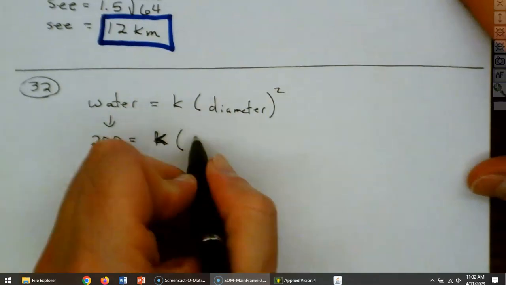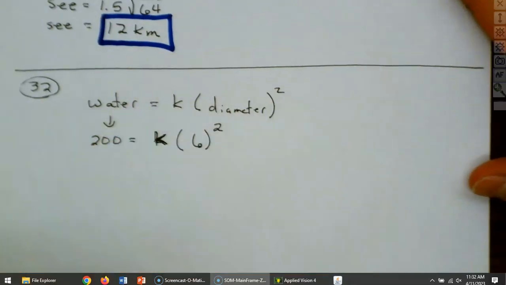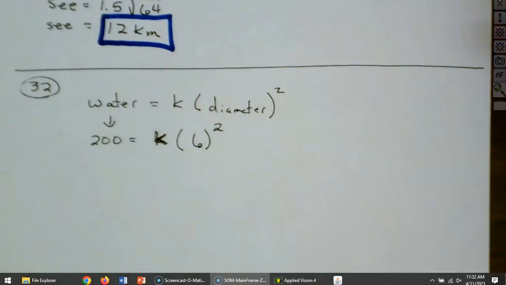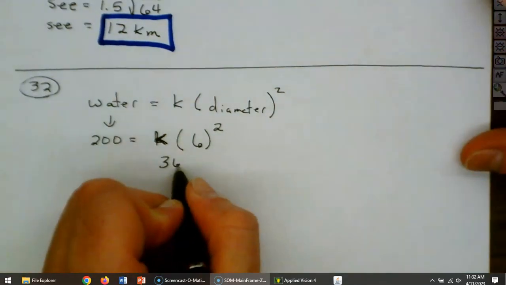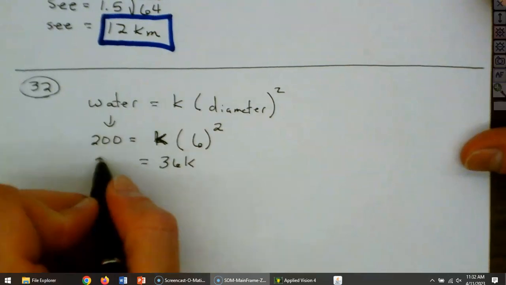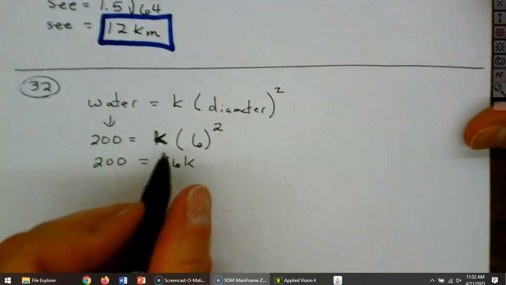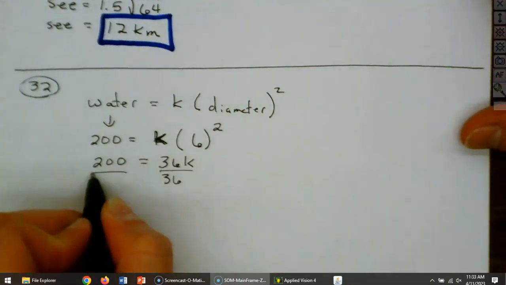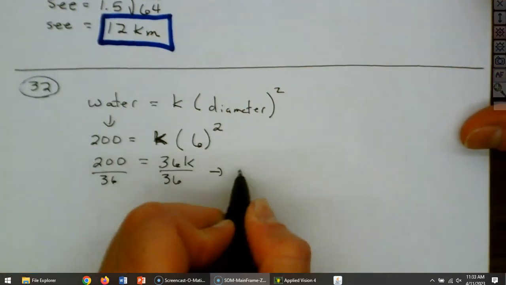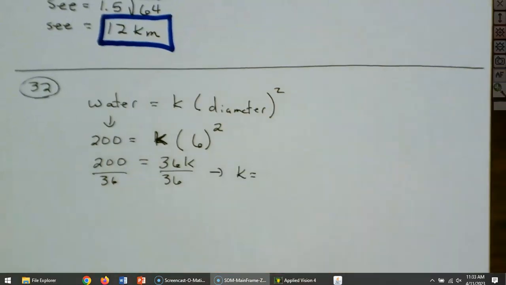And that pipe is 6 inches in diameter, and that's going to be 6 squared. So that is then 36K equals 200. We'll divide by our 36. And now we've got K equals,